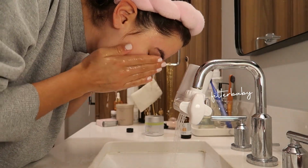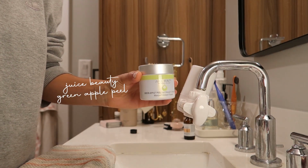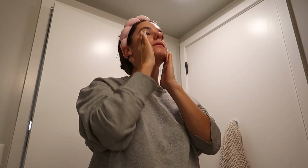I'm gonna also go in with a mask. I've been really trying to be consistent with the masks that I use every day and just kind of exfoliating. This is one of my favorites by Juice Beauty. It's their green apple peel. It's like an at-home chemical peel, and it does a really great job at kind of making your skin